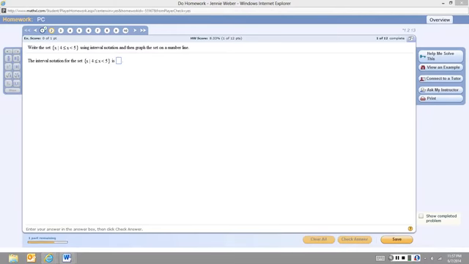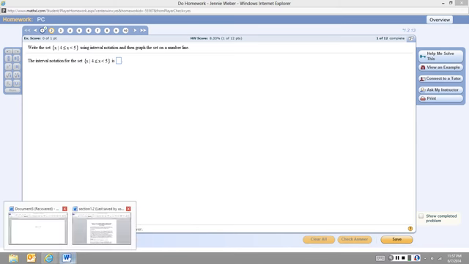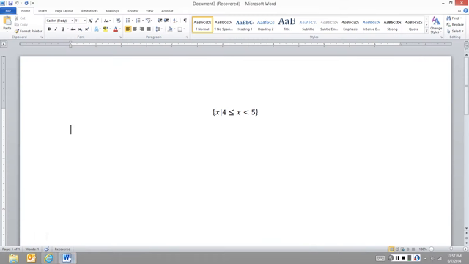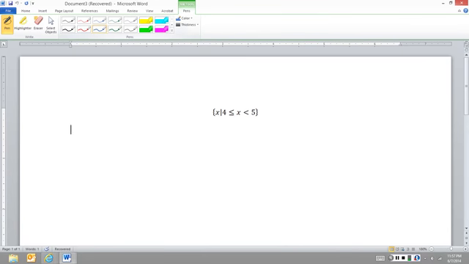Okay, we are asked to write the set of when x is between 4 and 5 using interval notation and then graph the set on a number line. So interval notation just means we're going to use parentheses and brackets to showcase what something will look like on the graph. So in this case you can see we start at 4 and this is less than or equal